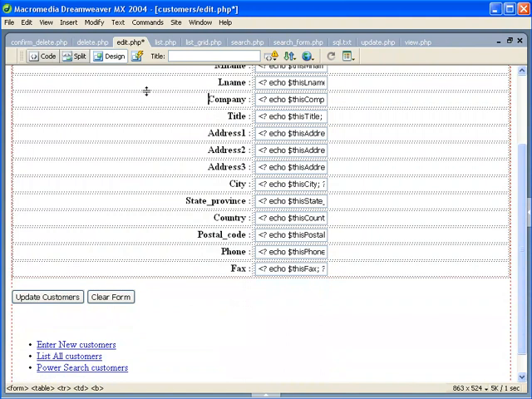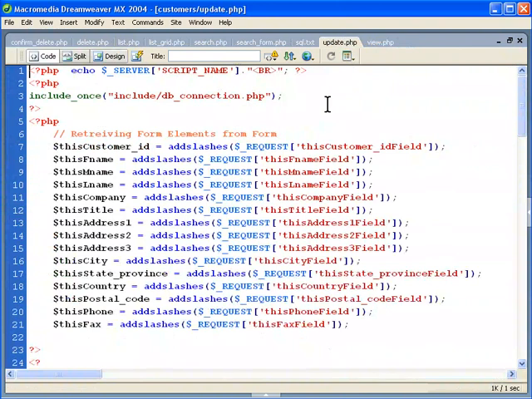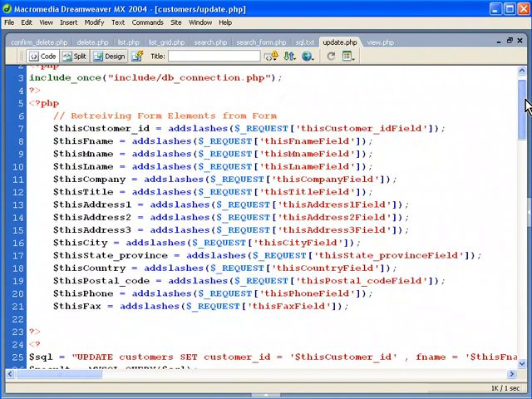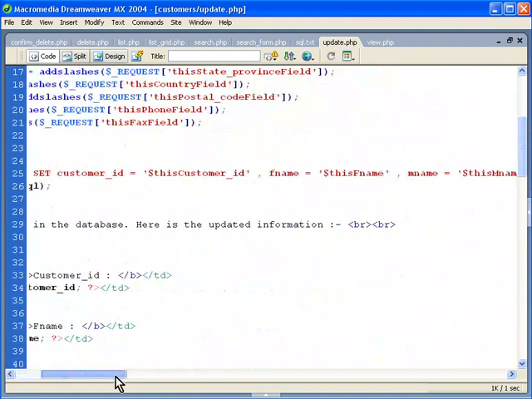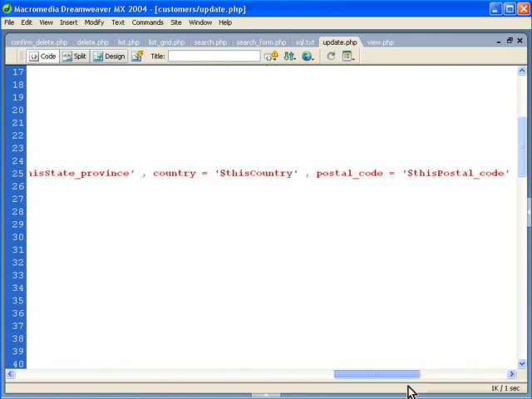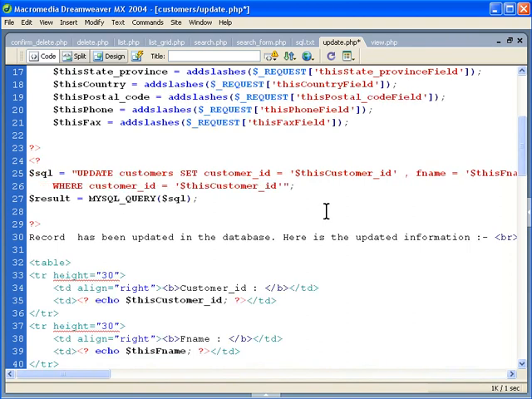When we update, we're going to go to that update page and update the database. We'll take a peek at that. So we send all those fields. We do add slashes, just because we're just doing it here and there. And then we use an update query. The update query is going to look for a particular row, and it's going to set values based on a condition. And that condition, after we go all the way to the edge here, will make it easier because, like I said, this is generated code. Robust, but generated code. We're still going to have a where clause like we had with the select statement,